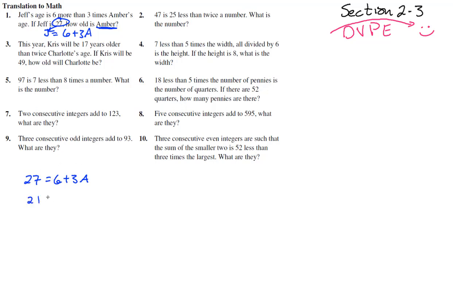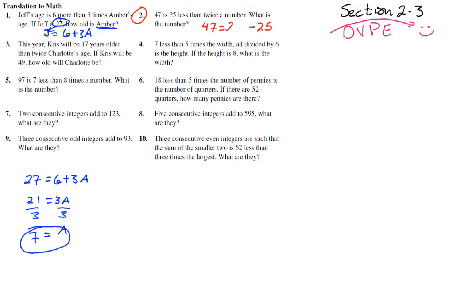Subtract 6. We get 21 equals 3 times Amber. And divide by 3. Divide by 3. And Amber is 7 years old. Excellent. All right, number 2 says 47 is, so 47 is 25 less than, so that's subtracting 25 from something,